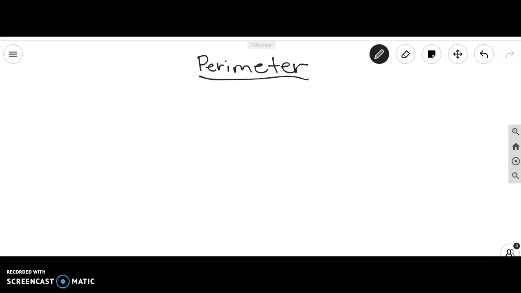In this video, we will be discussing perimeter. Let's begin with what is the definition of perimeter. Perimeter is the distance all the way around a figure. So let's write it. It is the distance